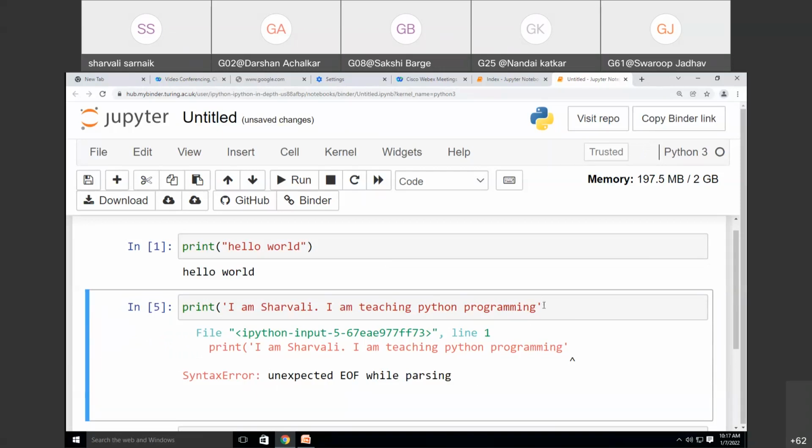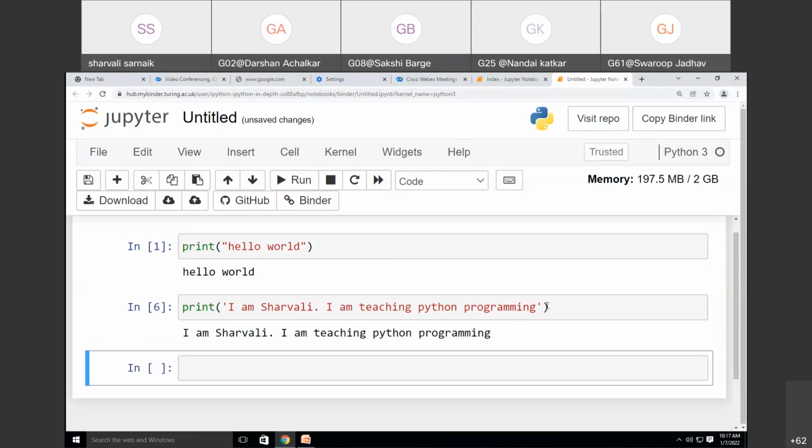So what is missing? A bracket is missing. So I'm adding the bracket and I will run the code again. To run the code, I'm using the shortcut key Shift Enter. When I press Shift Enter, it gives me the output. This is the output I'm getting.